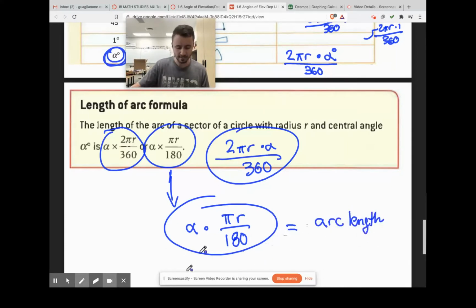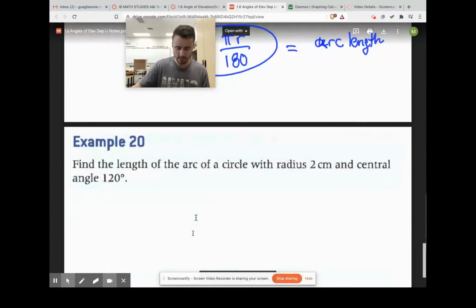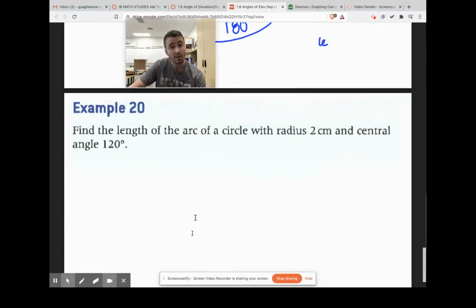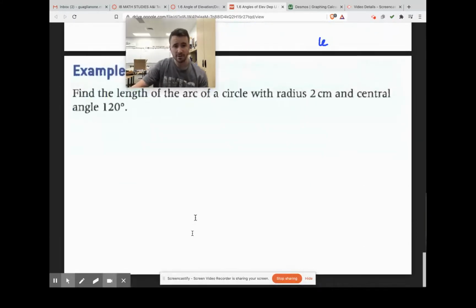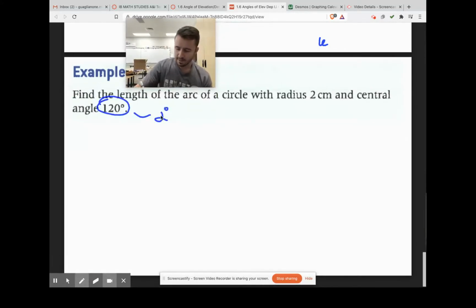Okay, so there's that. Let's work it out and see how it works. All right, find the length of an arc of a circle with radius 2 centimeters and central angle 120. So what you have here, you don't even need to draw a picture if you don't want to, because they give you this, that's your alpha. They give you 2 centimeters, which is your radius, and they're asking you to find the arc length. So arc length